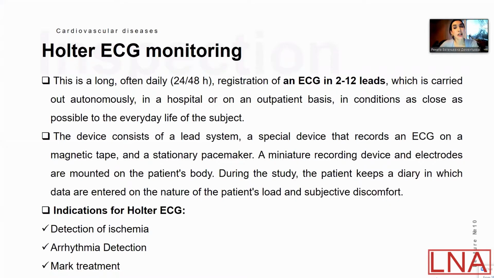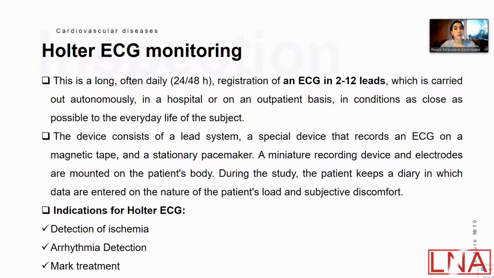And this registration is carried out autonomously, in the hospital or on an outpatient basis or at home, in conditions as close as possible to everyday life of the patient, to register the real level of abnormalities on the ECG. The device consists of a lead system, a special device which records an ECG on a magnetic tape, and a stationary pacemaker. A miniature recording device and electrodes are mounted on the patient's body, and during the study the patient